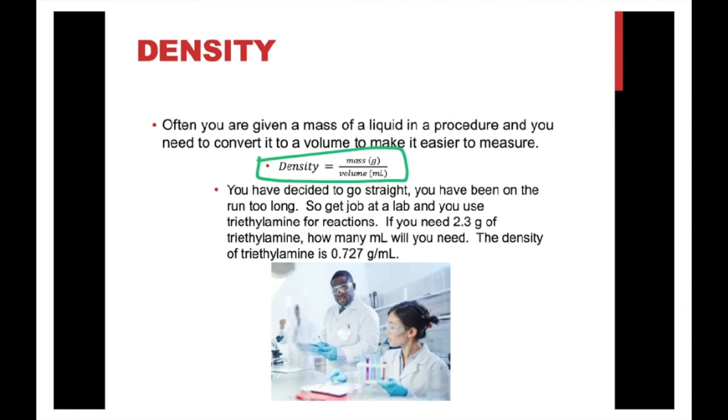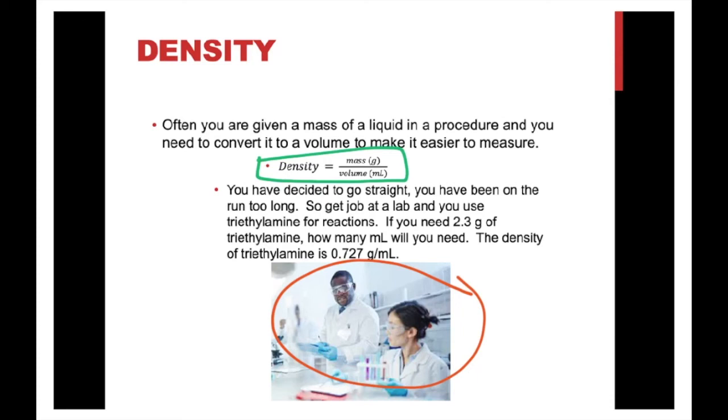So in this scenario, you've decided to go straight. You've left your life of crime behind, no more meth for you. You're going to take these chemistry skills you've developed and you've gone straight and you're a scientist person. Ooh, scientist people, right? And you are working in a place where you have to use triethylamine, and you need to use 2.3 grams of triethylamine, and triethylamine's liquid. So you can't just go to the scale and like scoop it out, right? That's way too difficult. But you can just figure out what volume you need, and the density of triethylamine is